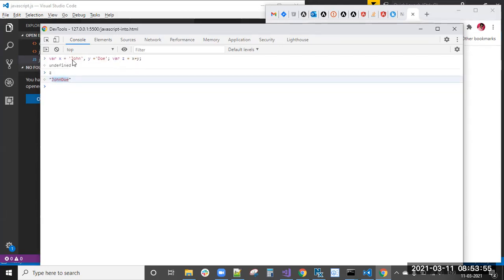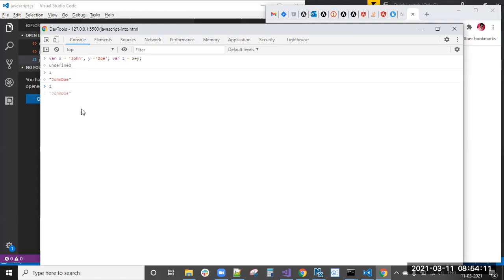So addition of strings means the two strings will be concatenated. This is called concatenation. X plus y means the text is concatenated.